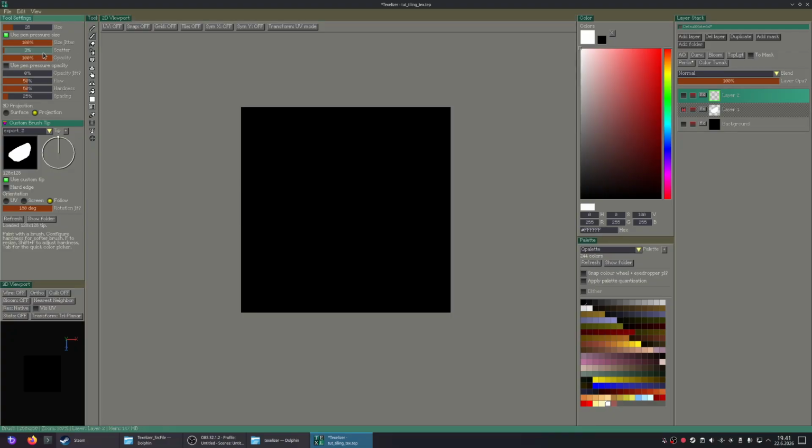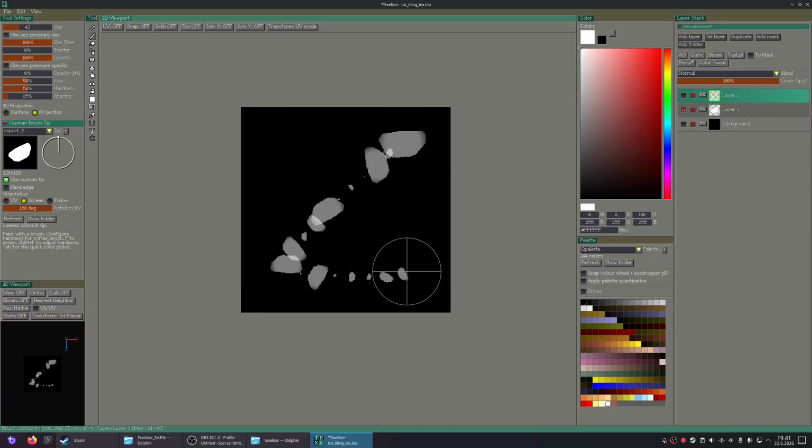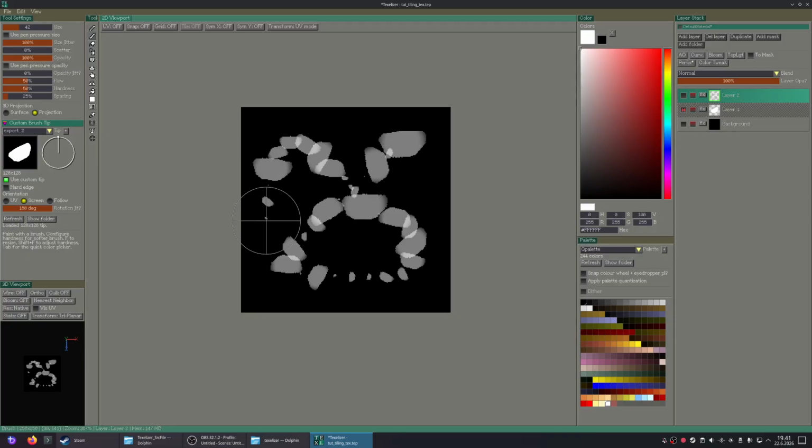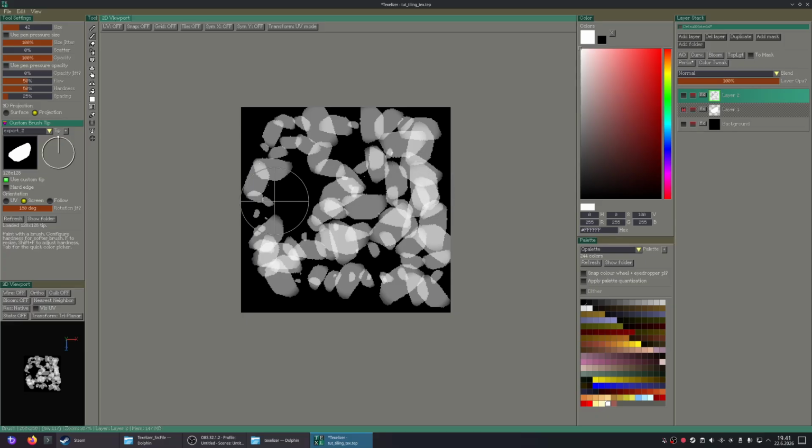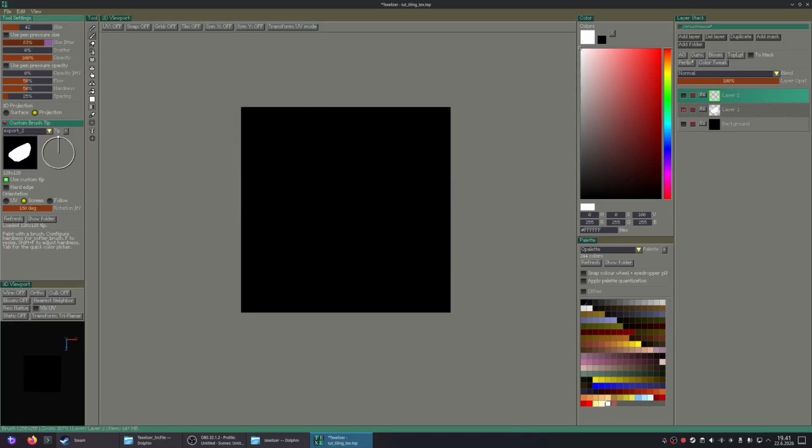Then we have the size jitter. I'll just show these off real quick. So that does what you would expect. Let's take the pen pressure size off. So it just instantiates the brush tip, like randomizes the size for every brush dab that it paints on the canvas.